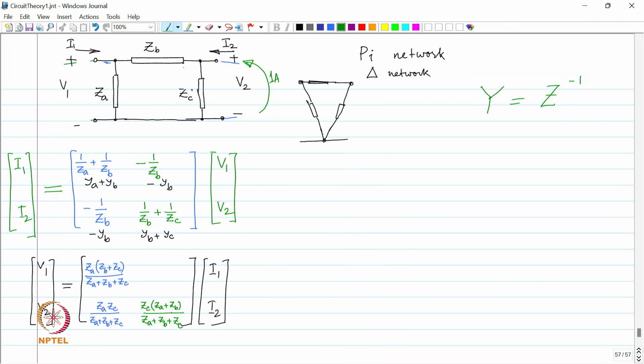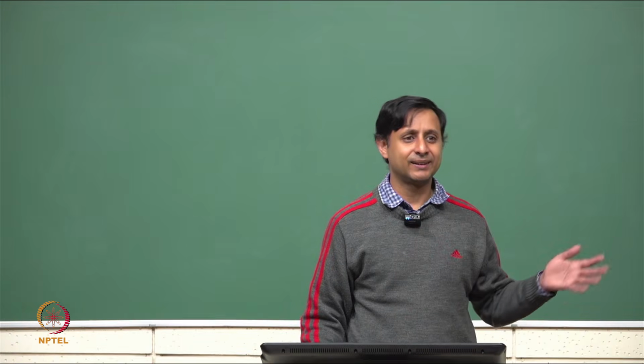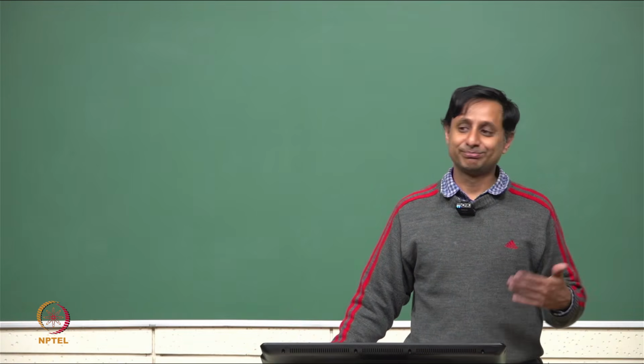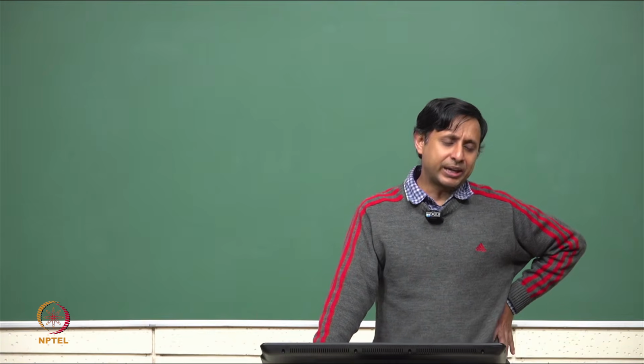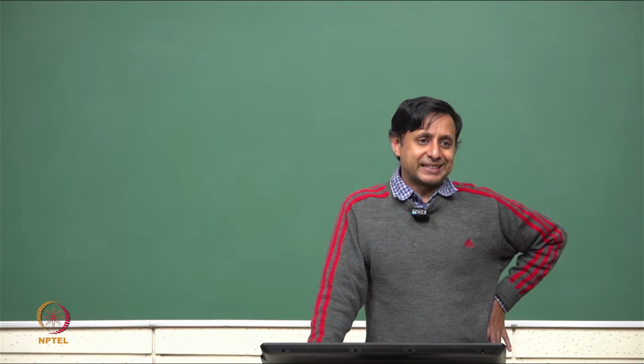And V1, that is Z12, we can use Rahul's observation, reciprocity theorem, and simply declare this as ZA ZC by ZA plus ZB plus ZC. Fine. So, this is the Z matrix corresponding to this network. You could have also arrived at this by doing the inverse of the Y matrix, but we just did this to get a little bit of practice, tiny little bit of practice. Okay. Now, going back to the star delta conversion,